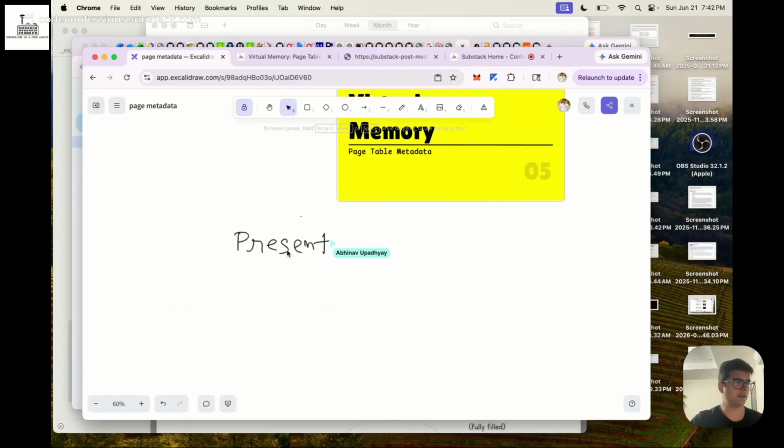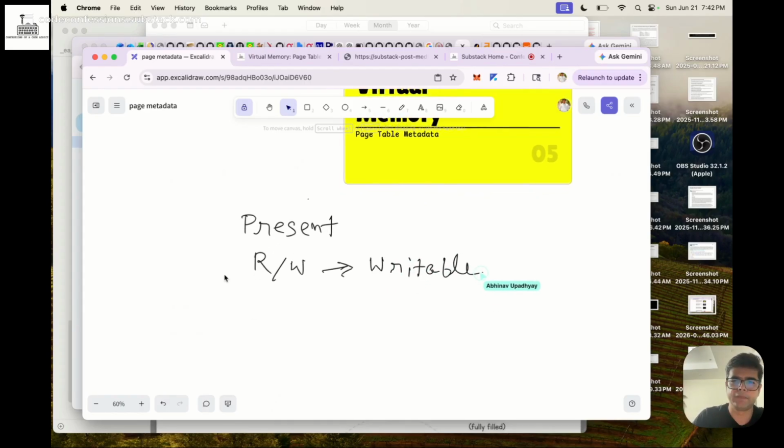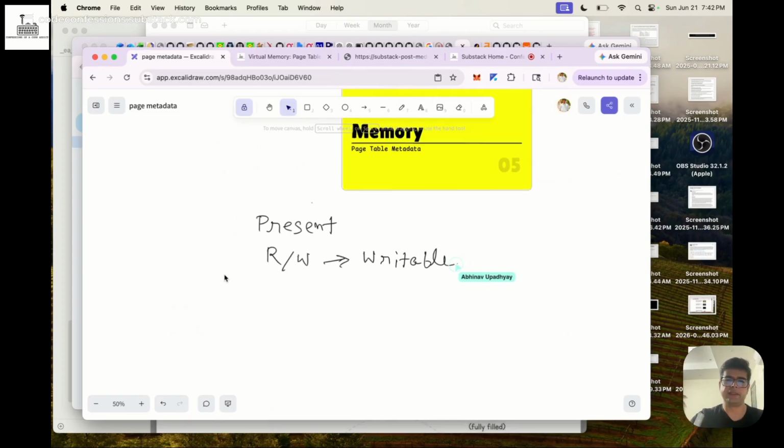The next metadata is the read or write permission. This essentially tells whether the page is writable or not. So if this write bit is not set, so if it is unset,